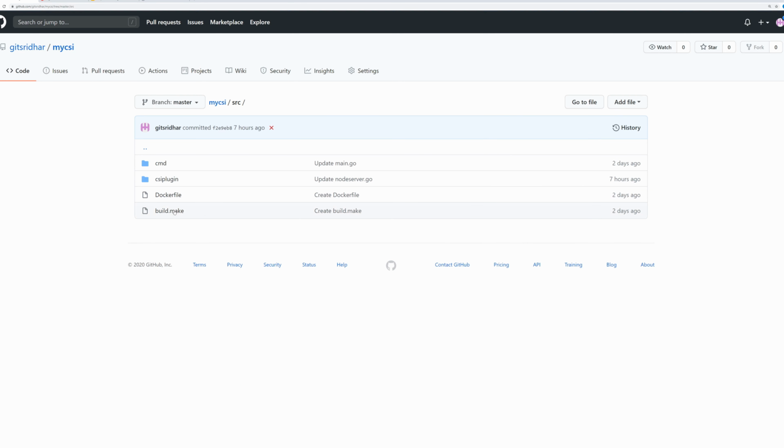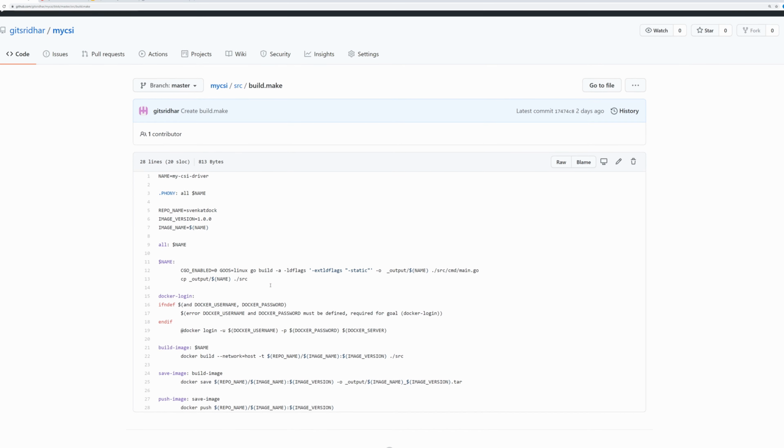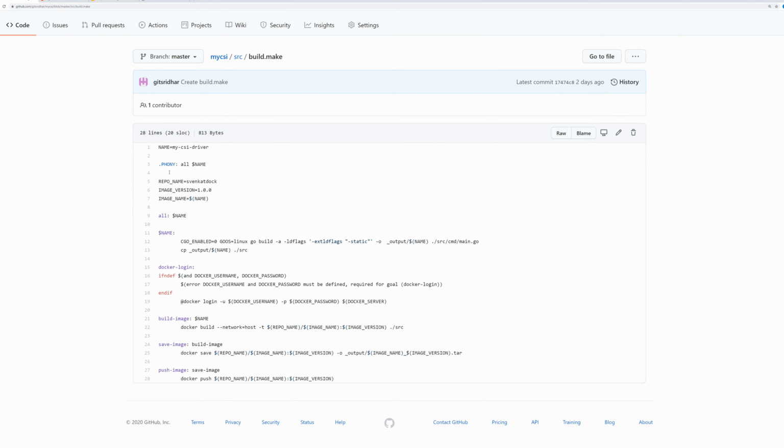So src build.make. Here I defined my driver name, my CSI driver, and I'm going to push it to my repository. My image registry repository is svenkat.doc on Docker Hub, and 1.0.0 will be the version of this driver. This section is where the Go language code is getting compiled, and the output executable is copied to the _output directory, and then I also copy it back to the src directory for some reason, which I will explain